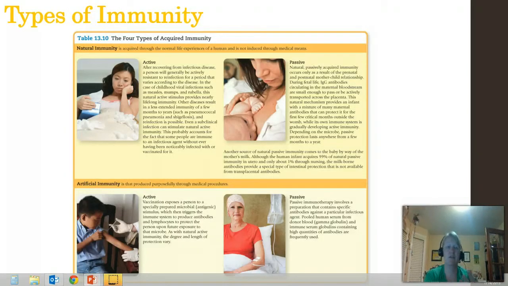You've seen the different immune systems or the different types of immunity we have within the body, but let's talk about the different types of acquired immunity someone can have. There are two groups, natural immunity and artificial immunity. Natural immunity can come in two forms, active and passive. Active is when you get a cold and you recover from it, and now you have an active immunity against